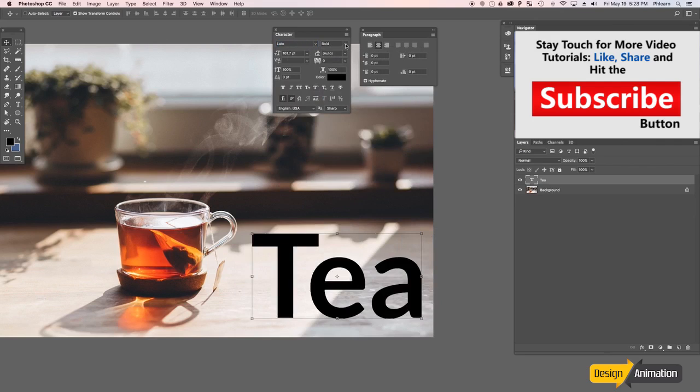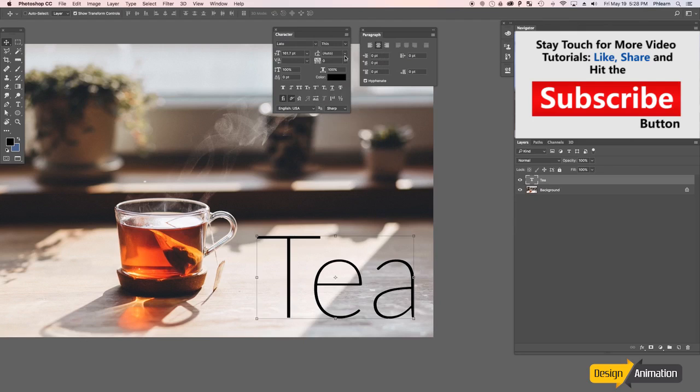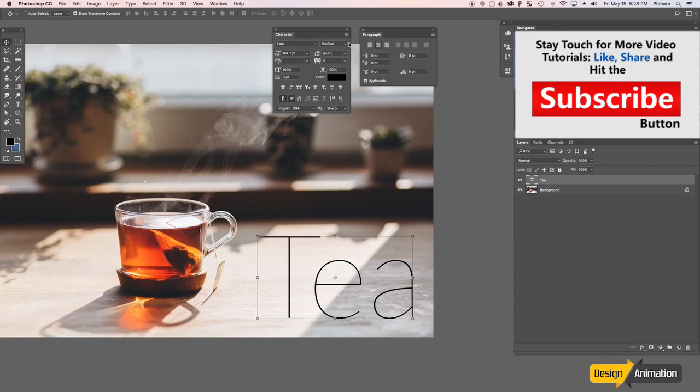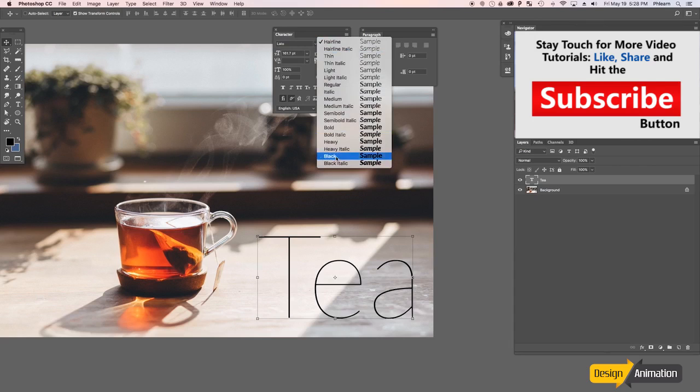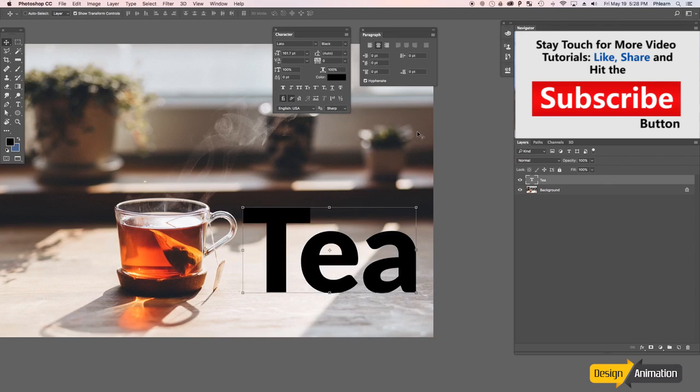Next, we have options for changing the width or the strength of the type. For instance, with the same exact font, we're using the Lato font now. This is a Google font. You can go all the way from a hairline font, which is very thin, to the black font, which is extremely thick. Something I like to do, and I'm not a graphic designer, just so we're very clear, but sometimes I have to design images,